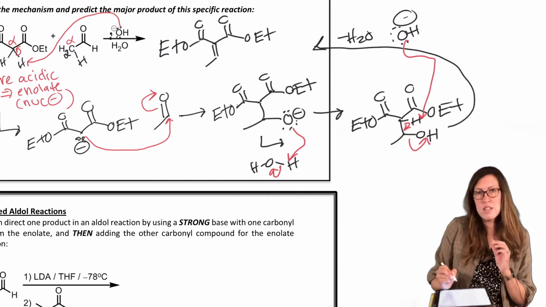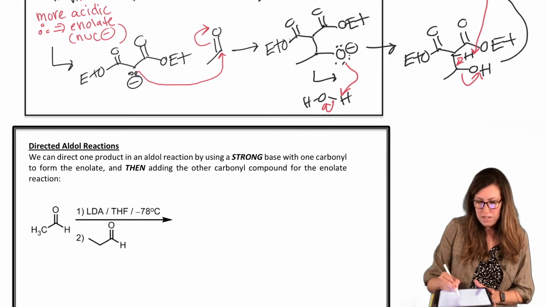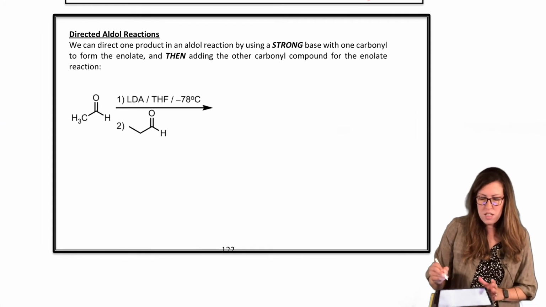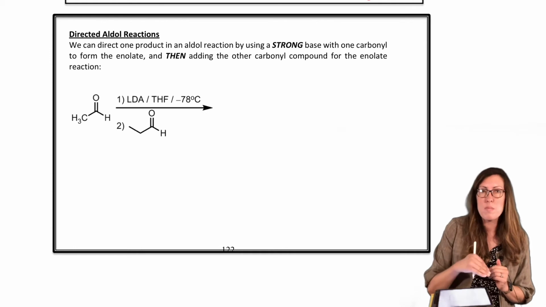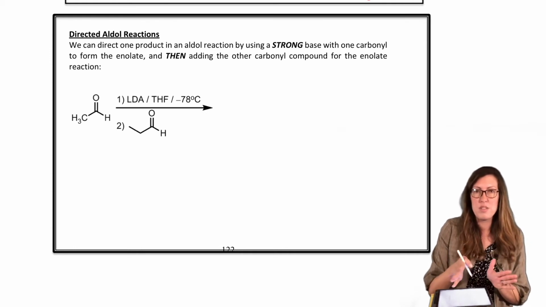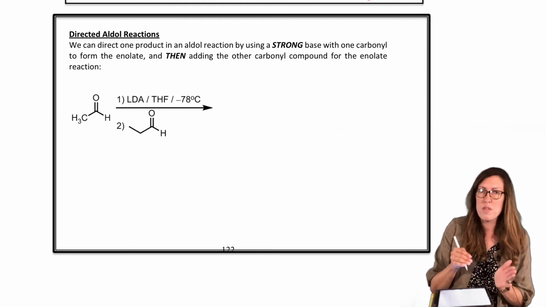If that doesn't work out for your synthetic plan, it's good to have some flexibility. We can do a directed aldol, and I mentioned doing it stepwise. So we say, how about we add the base to the thing we want to be the enolate and let it sit with stoichiometry. And that works just fine if there's a strong preference for one of those to be the enolate over the other.